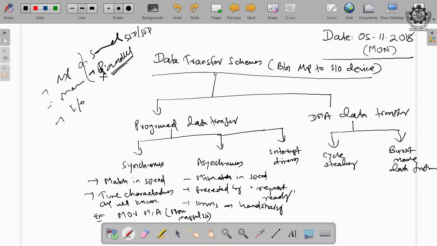But apart from this, we can also classify the various data transfer schemes within the microcomputer system. We are not discussing intercomputer communications, unlike a computer network. In a computer network, the data communication takes place between two computers, but here we are talking about communication between the various units within the microcomputer, right.